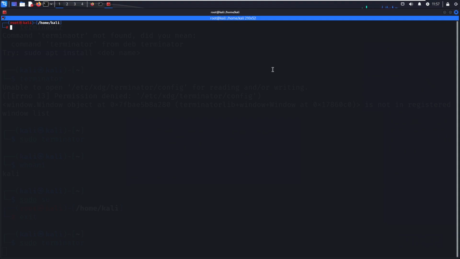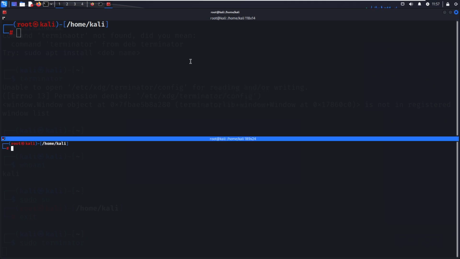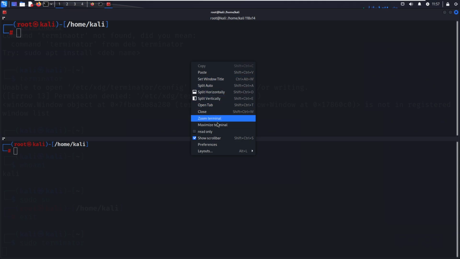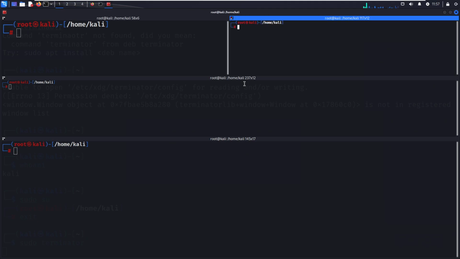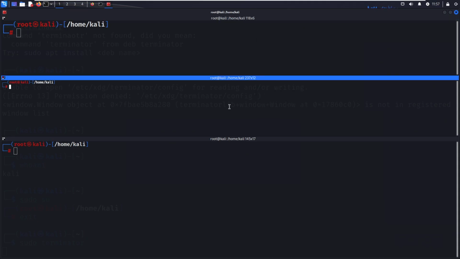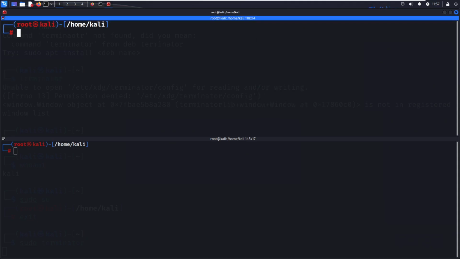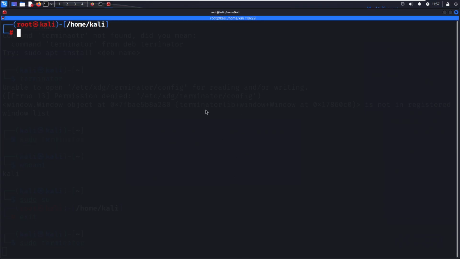So here, once again, Control Shift and plus so that I can see it better. The benefit of Terminator is that you can split vertically or horizontally. You can split so much, and you can kill it too. Close it or exit out of it. So the difference here is that